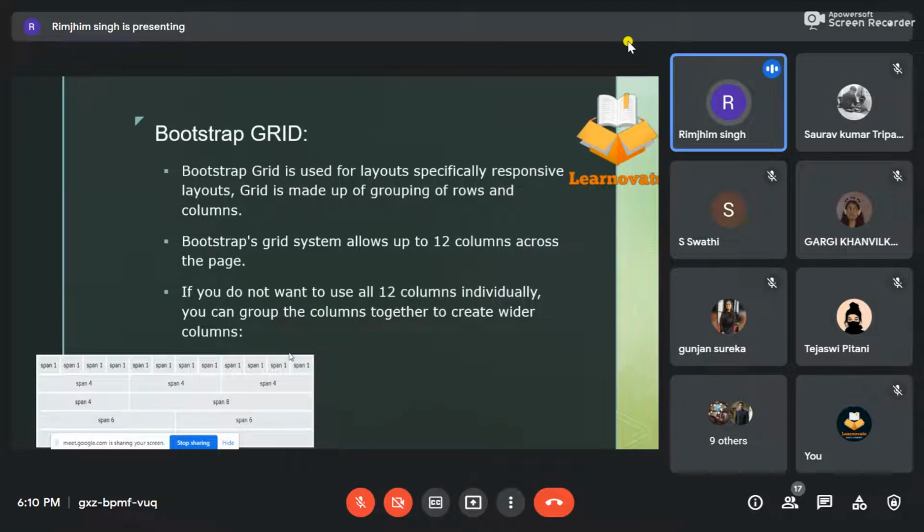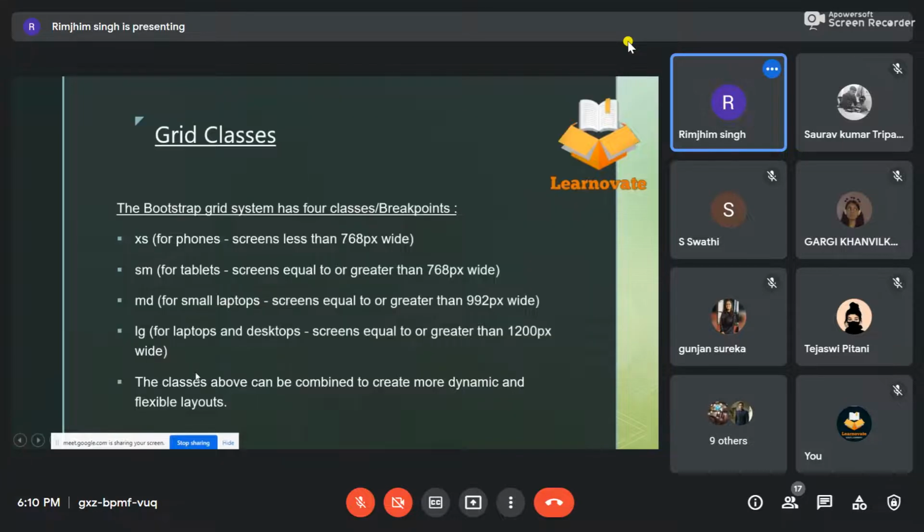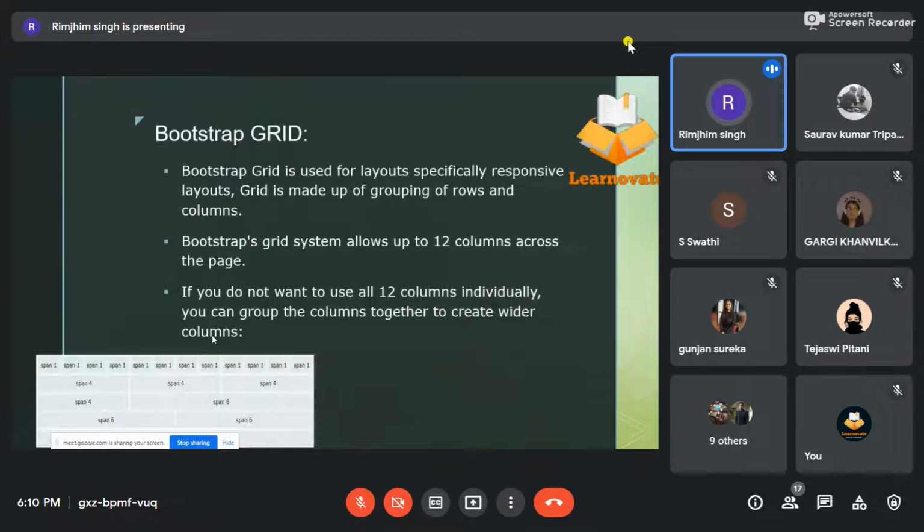So what I told you was that I'll be showing you how grid works in Bootstrap. This is the layout of how I'll be using grid. Mainly a grid is divided into 12 parts by default. If you can see, I have 12 parts here: 1, 2, 3, 4, 5, 6, 7, 8, 9, 10, 11, 12.